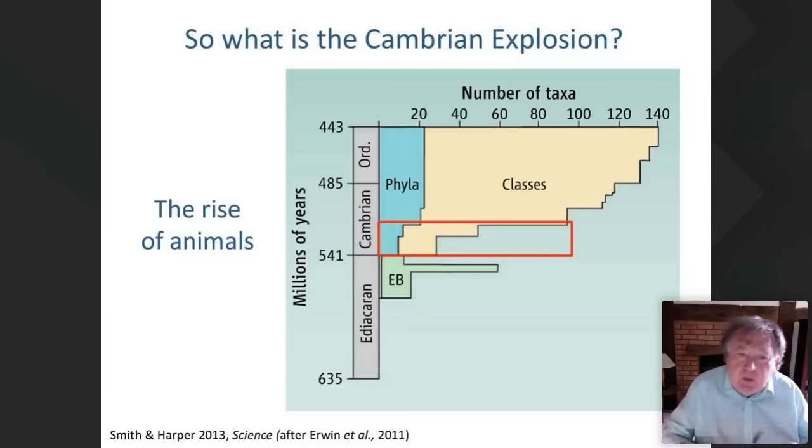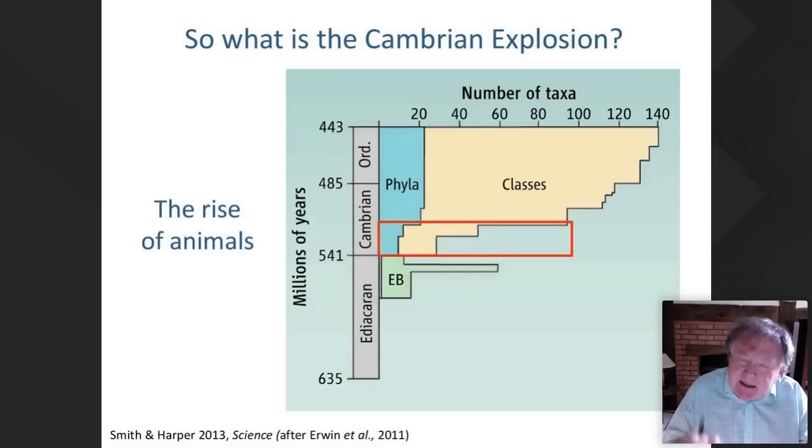In green here, we've got the labeled EB, the Ediacaran biota, and they have a reasonable number of different species, taxa, particularly towards the end of their time range. But then look at that really abrupt transition into the Cambrian. Phyla, animal phyla, really reflect the highest level of body organization. For example, our own group is the chordata. The echinoderms includes the sea urchins and the starfish. And they're unified by very, very broadly similar